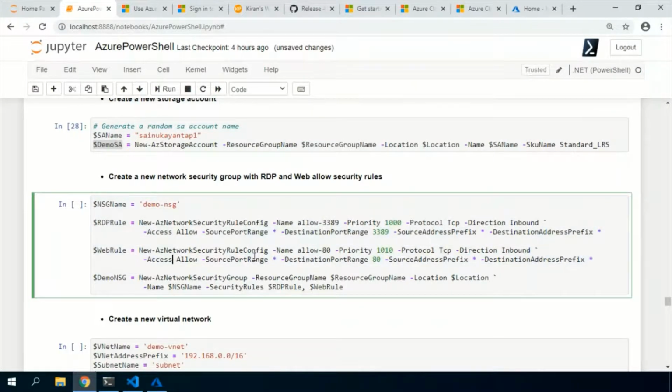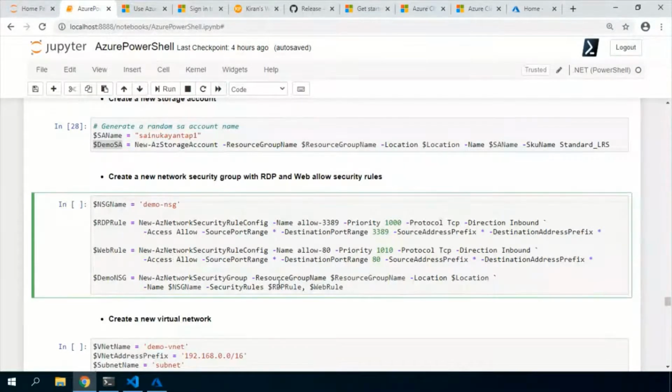See here, not all the cmdlets are very straightforward. As I mentioned, some could be a multi-dimensional or three-dimensional kind of approach, because you can't pass all the security rules and the security group information in a single line, because there could be many, and we are not sure how many rules. So there is no specific number. That is the reason we have to create the rules first, and then associate those rules with the NSG.